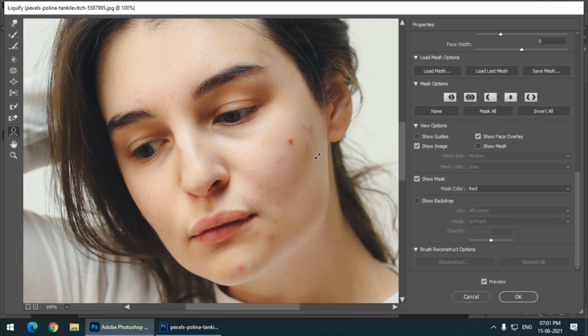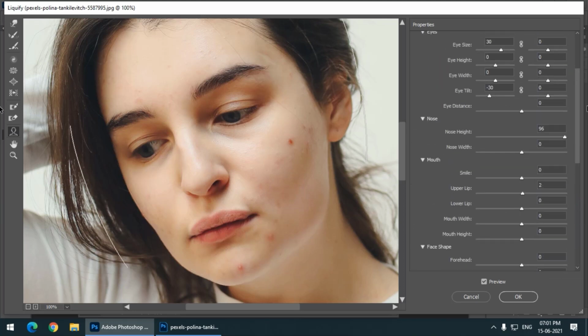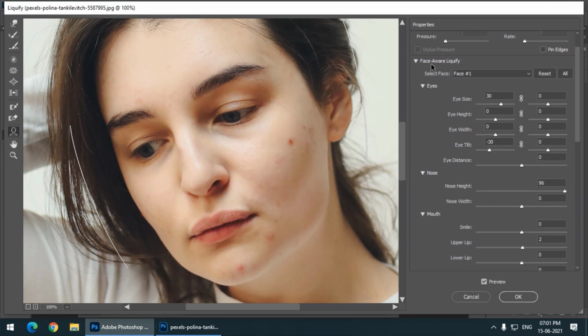And if you want specific values, then we can do it by using this option from the panel, which is similar, face aware liquify. So we have the eyes, two boxes for two eyes. This is the left eye, this is the right eye. So if I change the value, you can see it is changing. And if you want to change the right eye, then we have this. And if you want to change it together, then we can click on this link button and we can change the values together. You can see the eyes are changing together. And if you want to change it separately, then you can turn off this link button, then it will change separately.